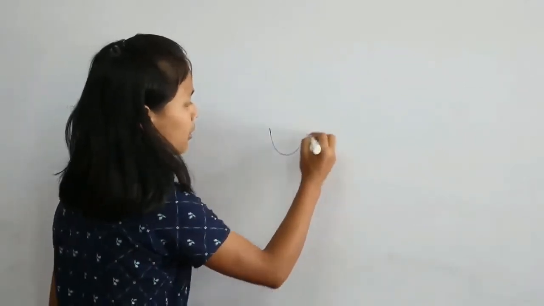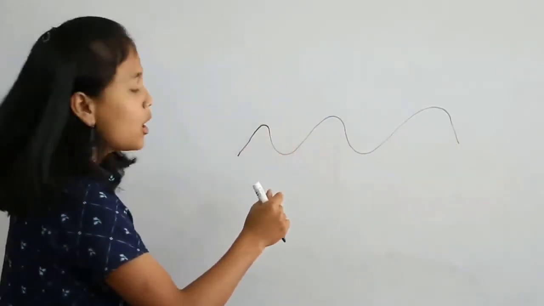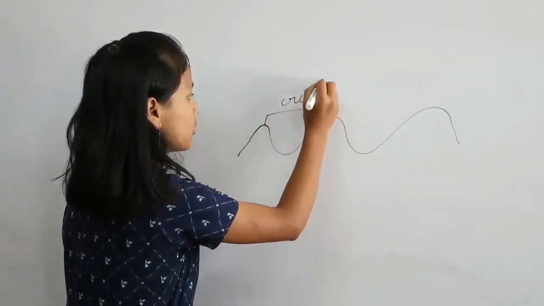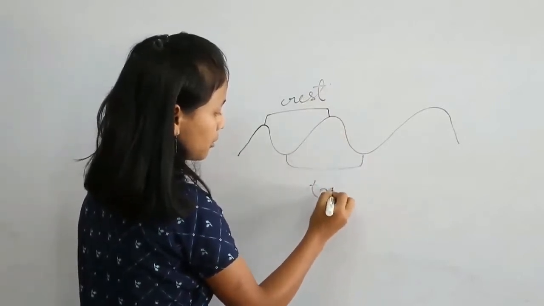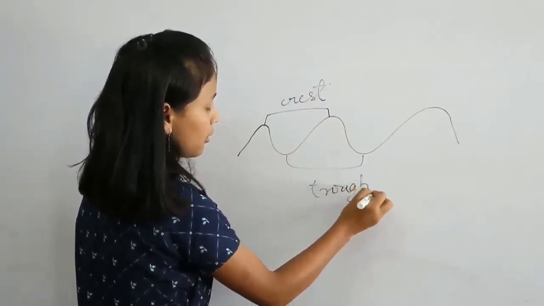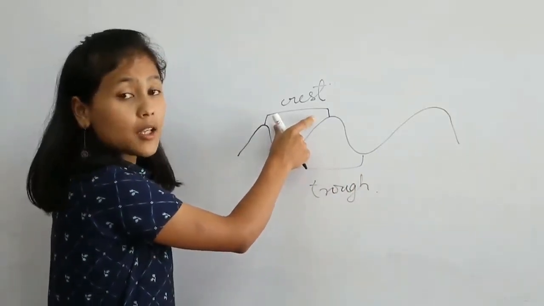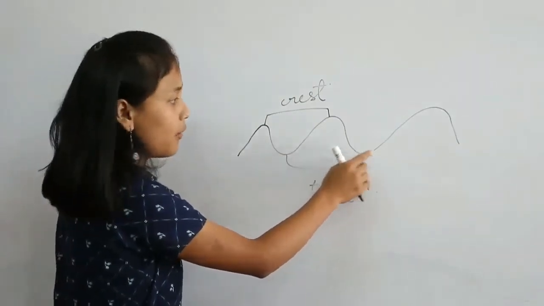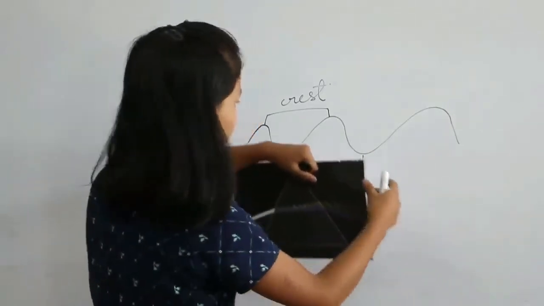What is wavelength? Let me draw a wave. This is a wave. These are called crests and these two are called troughs. The distance between two successive crests is called wavelength, or the distance between two successive troughs is called wavelength. Now, if you look at this figure,